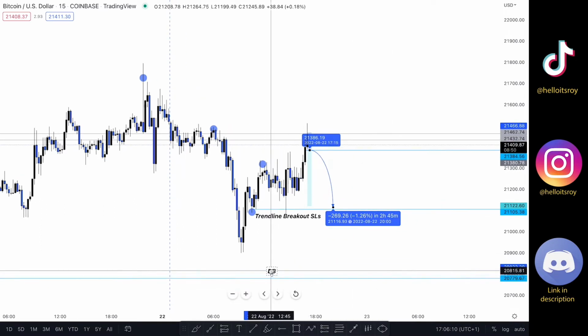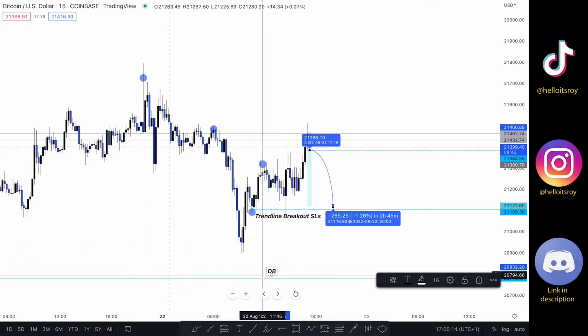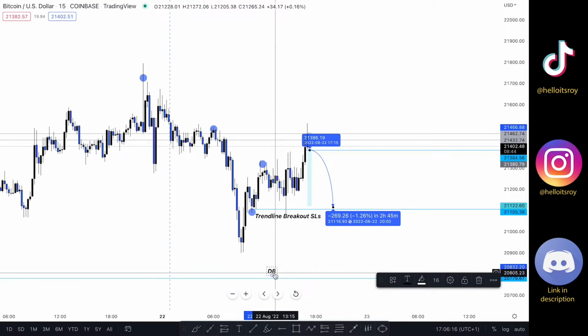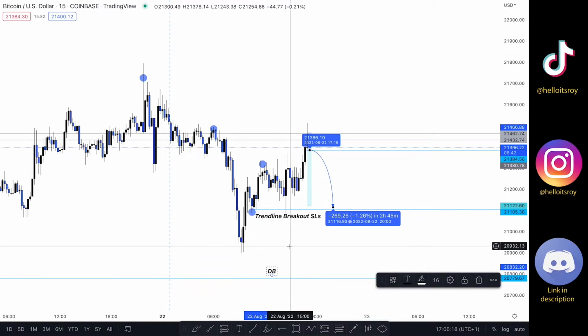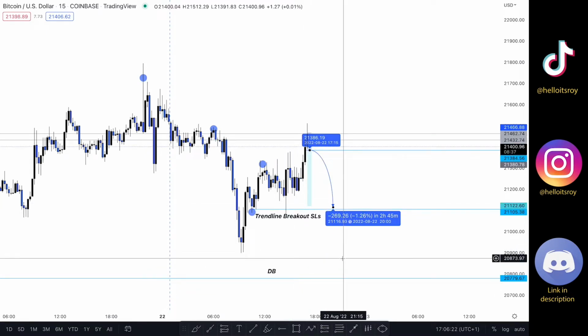As I said, I want the market to take out this low right here. However, I'm not willing to actually hold my trade all the way down into this liquidity area, as I don't need to. So I'm going to be out as soon as the market hits this area right here. Now let's see how this goes, guys.